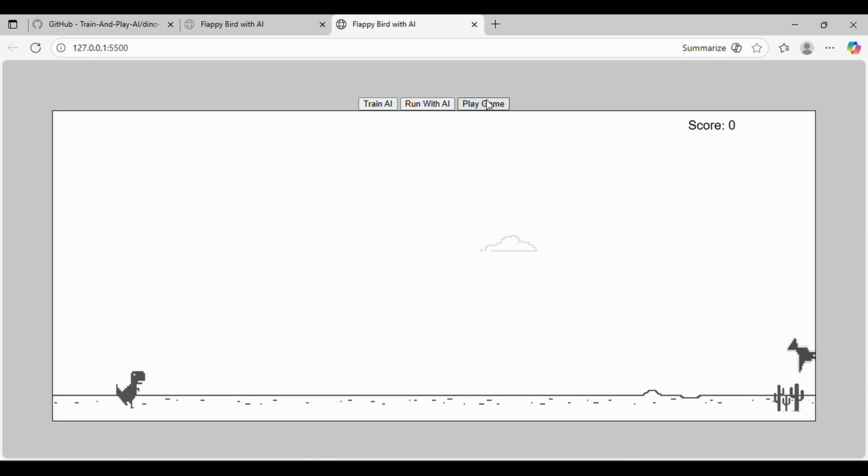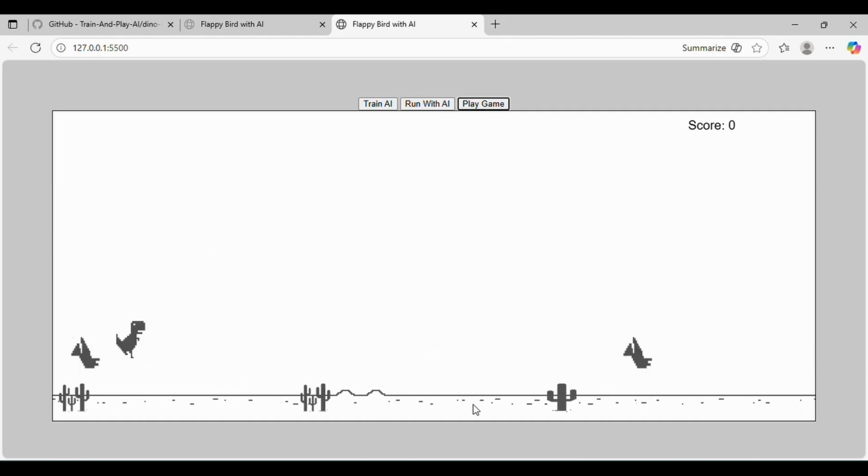Okay, now everything is properly aligned. Now let's see if it's working fine. Okay, so it seems fine,